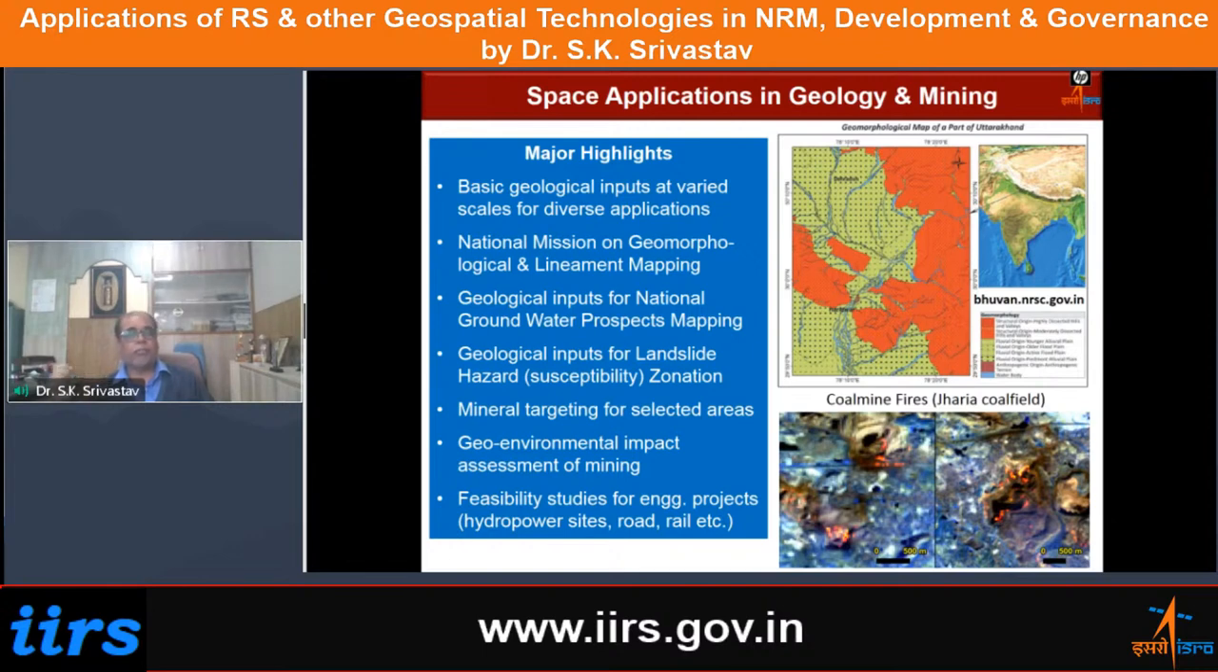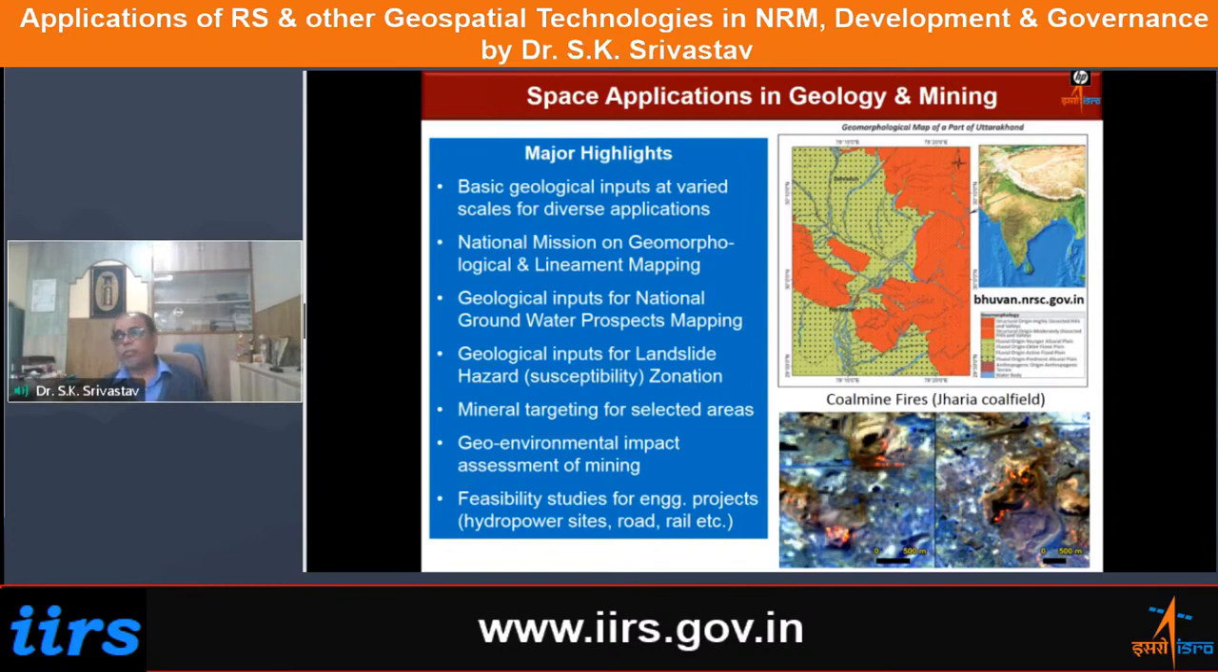Then the third bullet, if you see, the geological inputs for the national groundwater prospects mapping. I have already talked about this when I was discussing the water resources related applications. Groundwater is basically a subject in geology, so the inputs for groundwater prospects mapping are actually related to geologists. The geologists who are trained in photogeology, or in interpretation of satellite images, try to extract the fundamental information about the lithology or rock types, structures, landforms, and then they